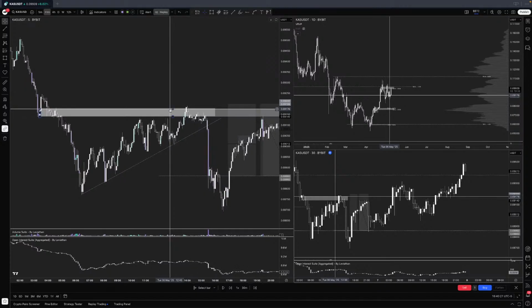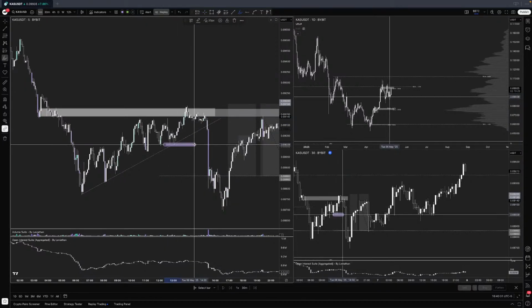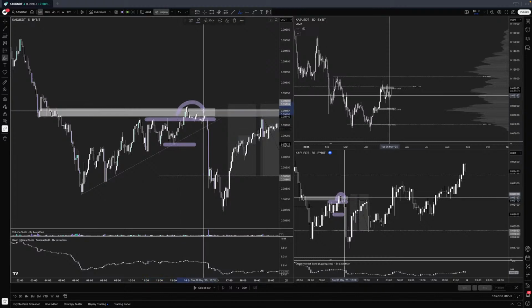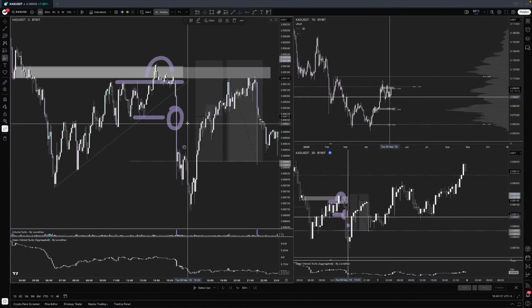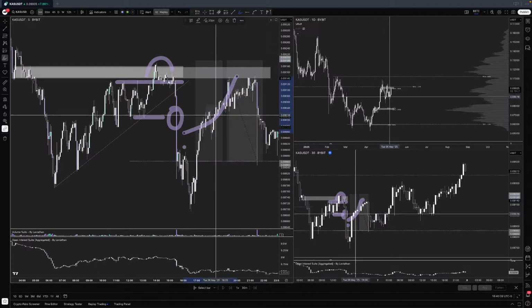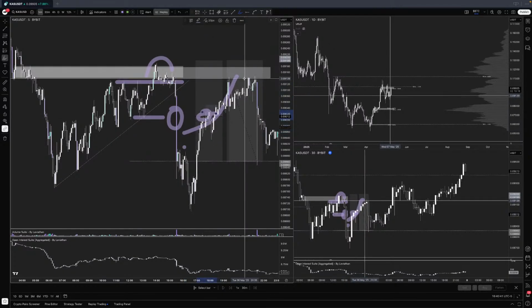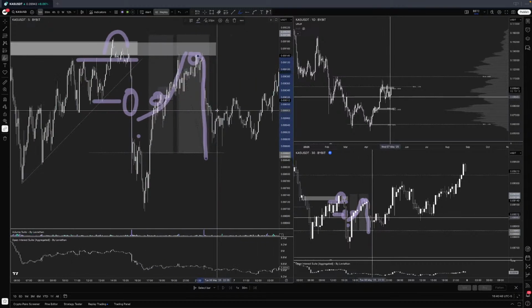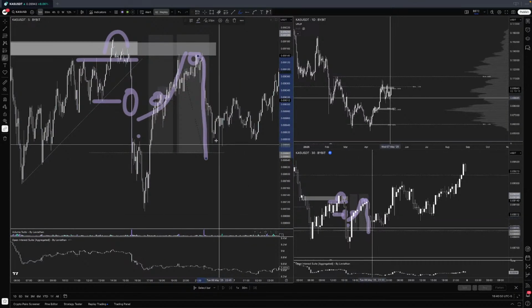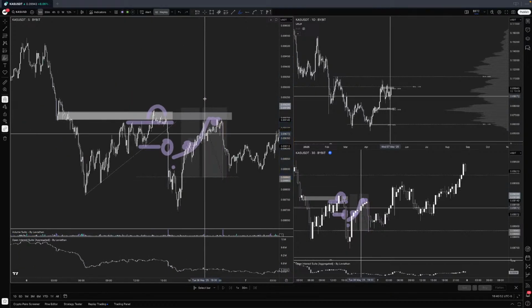And now in the 5-minute chart, I look for the same. When the market retraces to this level, we have over and under swing, liquidity taken, price structure shift, and pullback into the zone. I highlighted this one as well, but the overall trade idea was over here, and then trade. That's my area of interest, and you will have several areas of interest.